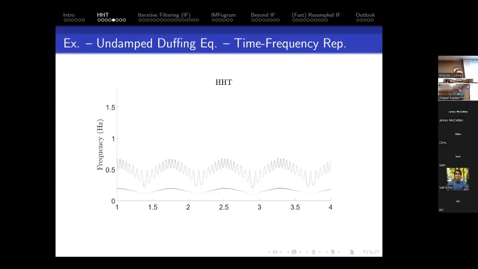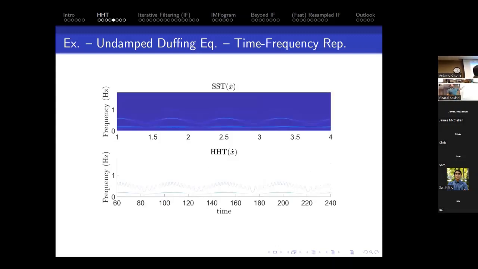Okay. Now, the first idea that could come to your mind is, oh, okay, this is working, but because we first decompose. What if I decompose first and then apply synchro squeezing, for instance, or any other technique? Is it going to work better? Let's try. So that synchro squeezing of the full signal is Hilbert transform after decomposing, right? Now let's apply synchro squeezing to the first IMF and Hilbert transform to the first IMF. That's what you get. Here you have this highly non-stationary component, time frequency. This is what we get with synchro squeezing.